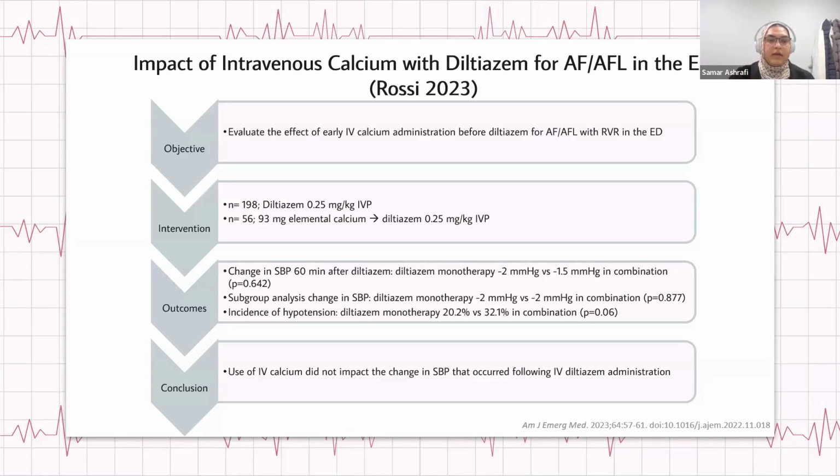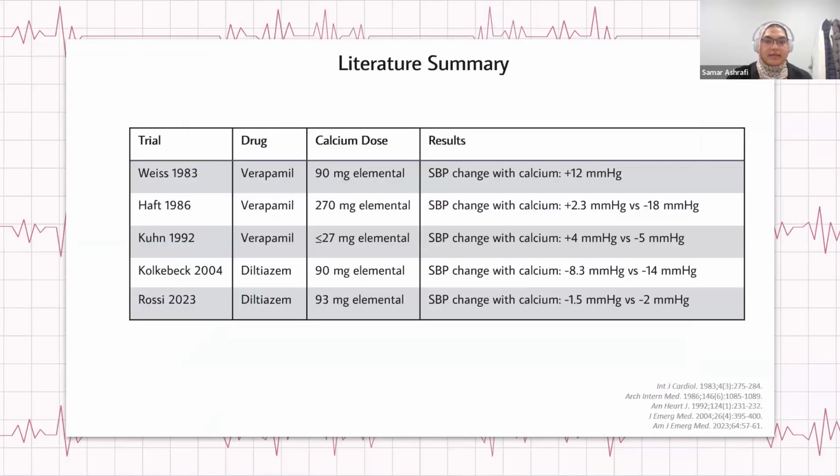But overall, ultimately, they found that using calcium did not change the systolic blood pressure that occurred following IV diltiazem administration. Now, all of these trials looked at somewhere around 90 milligrams of elemental calcium. Of course, we had the one that looked at 27 and then the one that looked at 270, but across the board, you can see that calcium either led to an increase in systolics or a lower decrease compared to